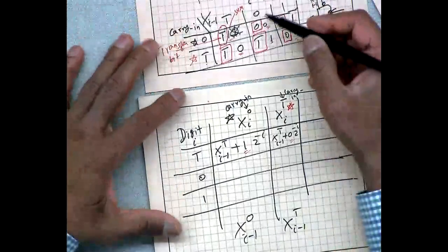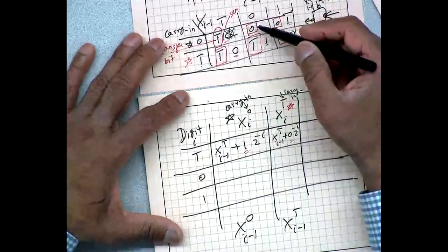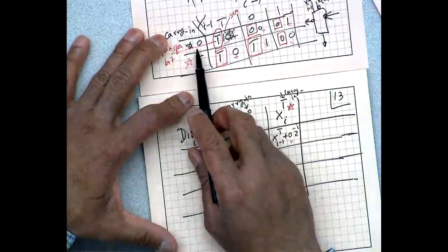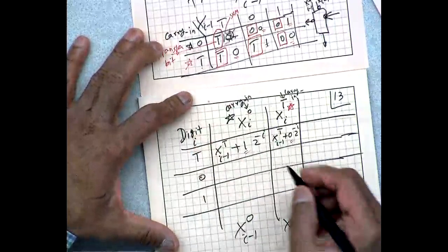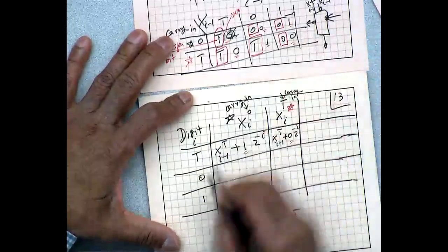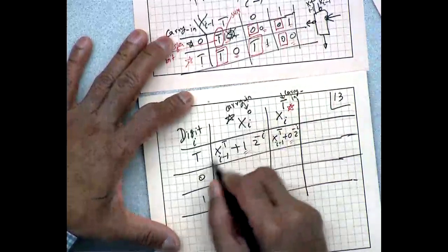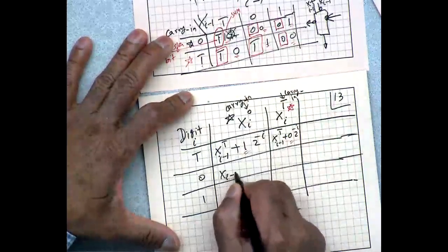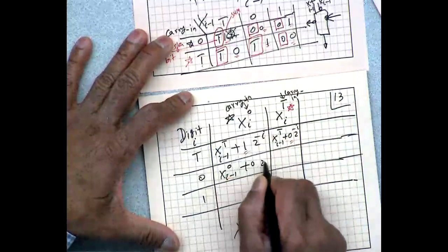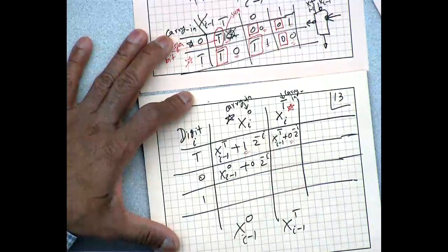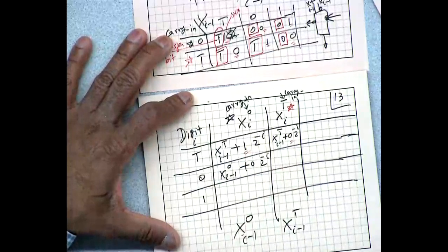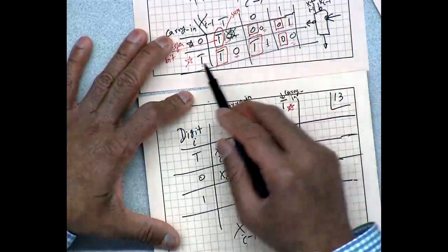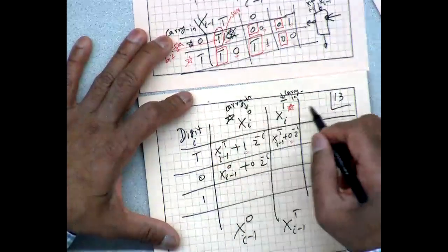If the digit is 0, then I look at if the carry was 0, if the carry in is 0, then 0, 0, 0, 0, that's 0, 0. 0, 0 means x_{i-1}, 0 plus 0 times 2 to the power minus i. So that means the 2's complement bit corresponding to this place is 0. If the digit is 0, carry in is 1 bar, that's this column.